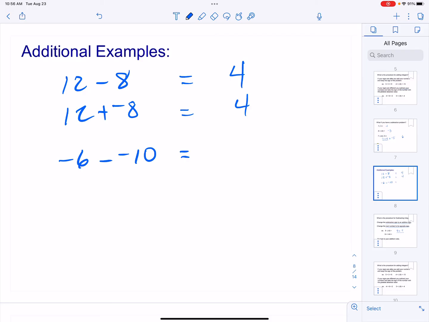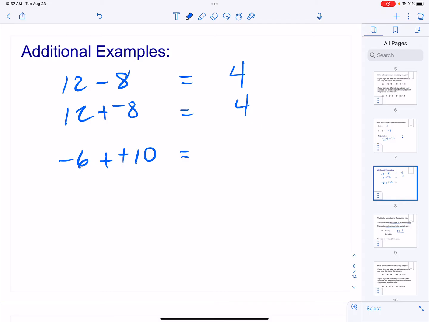Do I have 10 negatives to take away? I do not. So this is where the rule, we have to use it, okay? This is where that rule comes in handy. So I'm going to go straight to that subtraction sign. I'm going to change that subtraction sign to addition, and I'm going to change the next number, which was a negative 10, to a positive 10, and then I'm going to go back to my